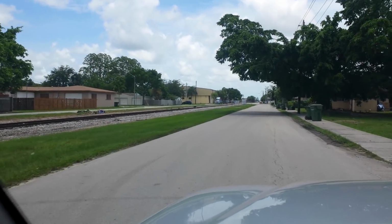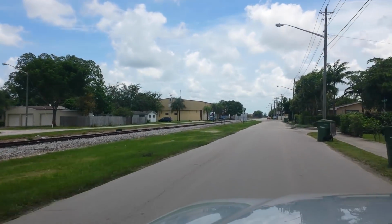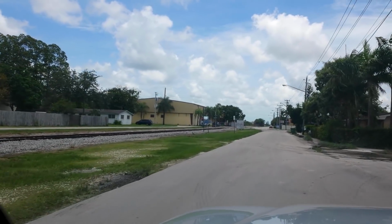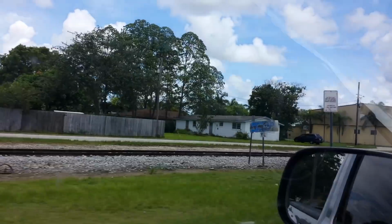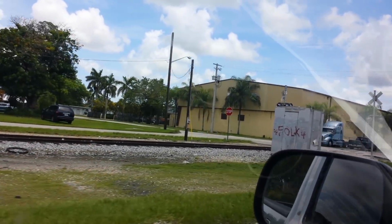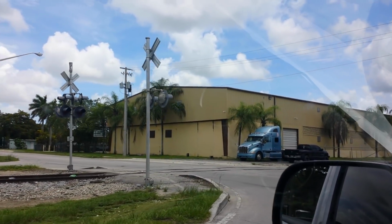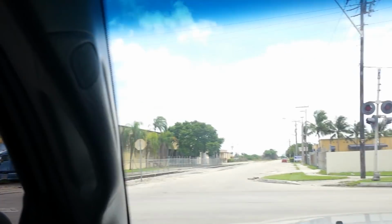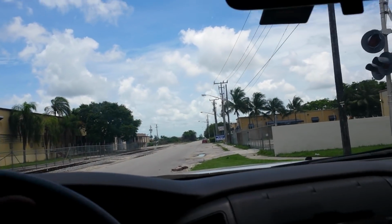Coming up on a milepost here. That's milepost 66, and it says, I think it said End Homestead Buckeye. I couldn't tell with all the graffiti behind it. Relay case. This is another crossing. I believe this is